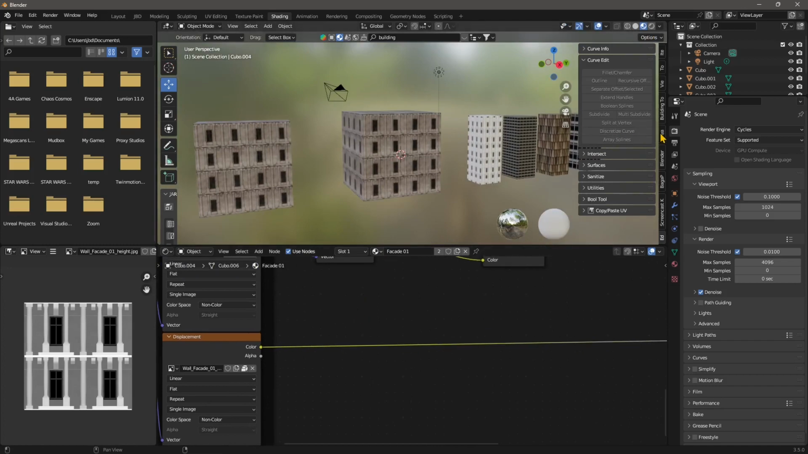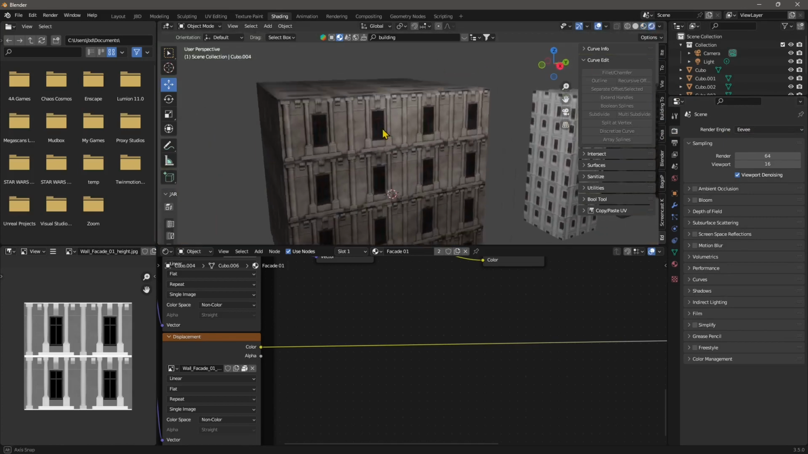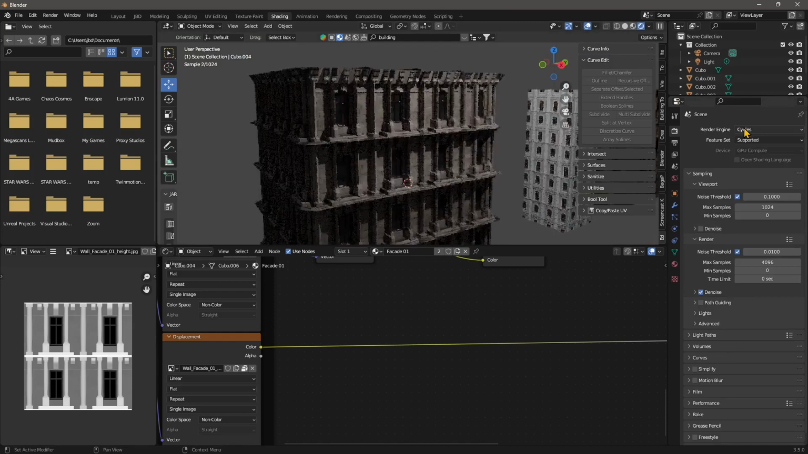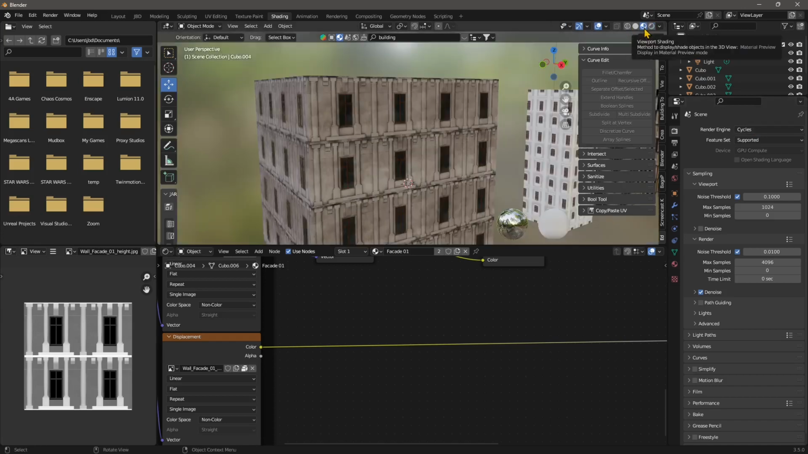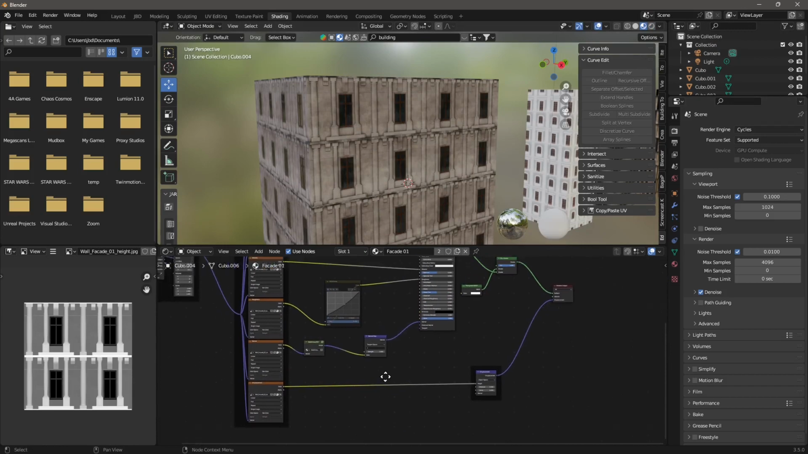And by the way, a really important thing is that you need to be in Cycles when you render. So you cannot be in Eevee. If you use Eevee as a render engine, you won't see the effect. So remember to switch to Cycles to see the actual displacement. So it's a heavy rendering effect. So I'm gonna turn off this and do material preview just to show you how it works here in the